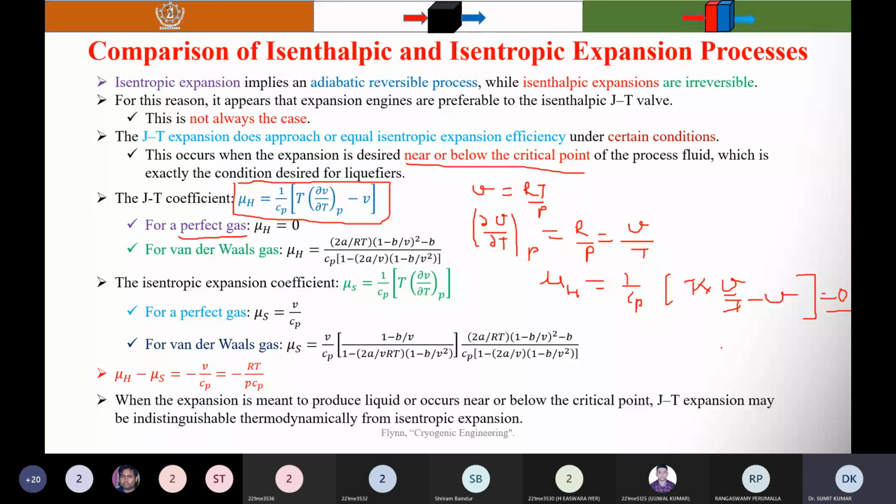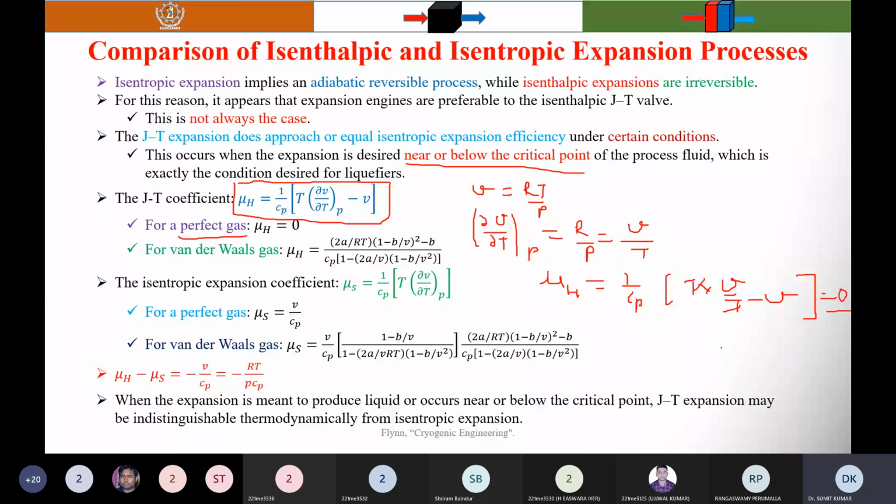So the more imperfect the gas, the better. Which is the most imperfect? The most imperfect gas known is liquid. This is the reason we try to achieve the liquid state before the JT expansion. The working fluid for this cycle is always chosen to be a liquid under ordinary temperature, that is, the critical temperature of the fluid is less than the ambient temperature.